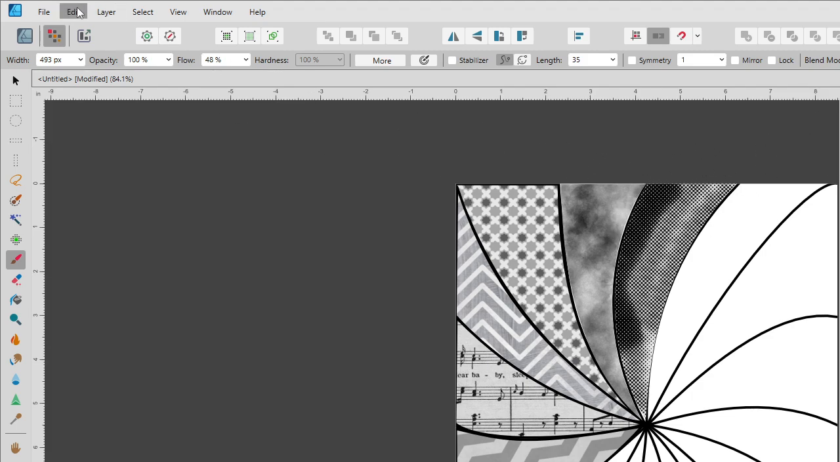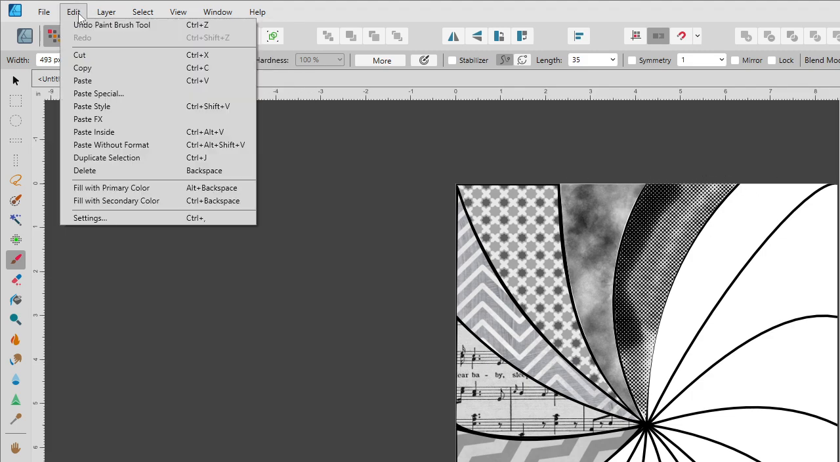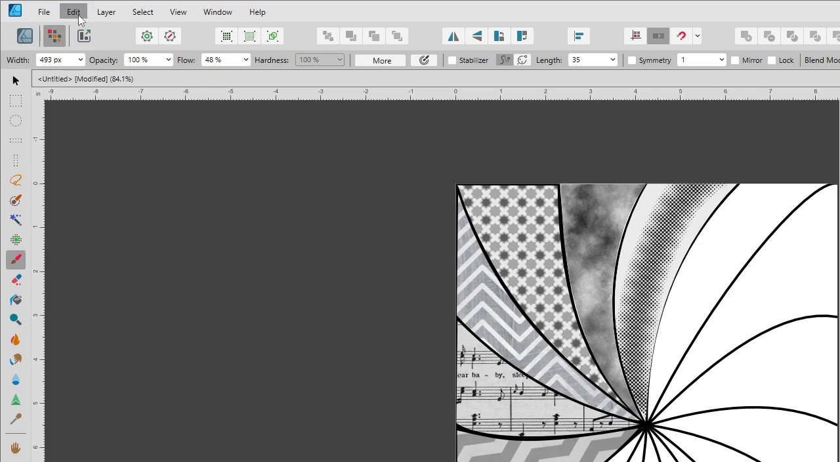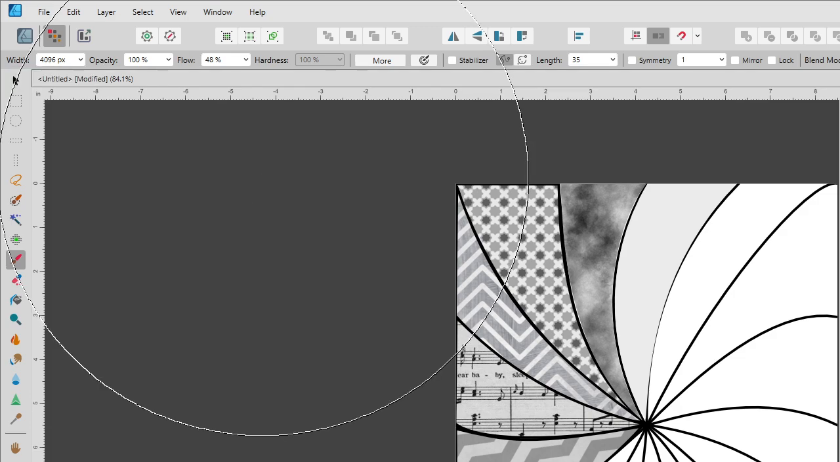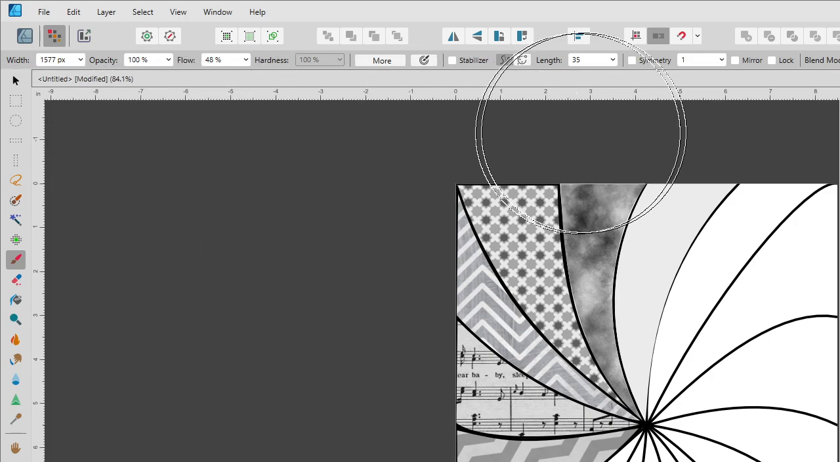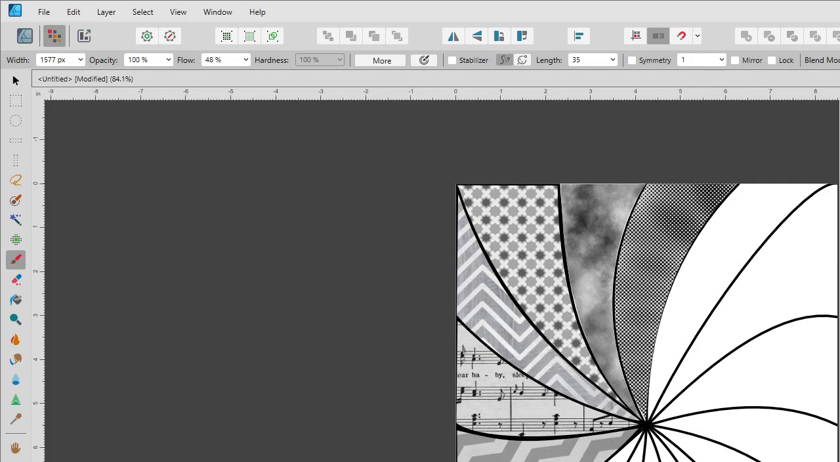All right, so I don't like that. I did like it, but I think I'm going to like it better if the brush is enormous, not that enormous. Okay, I think this will be a good size. Okay, so anyway,